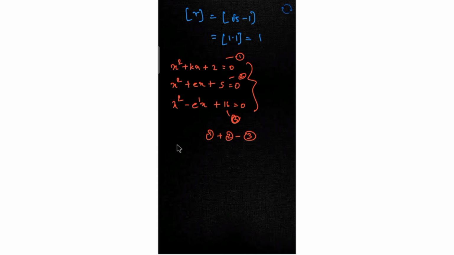So what do I get is x square plus x square minus x square, I get only x square, and x I can take common, I get k plus e dash. Okay, k plus e dash. And here I get plus 2 plus 5 plus 7 and minus 16, so I get minus 9 equal to 0. And k plus e dash is nothing but 0 because it is given in the question. So that's the reason I've done adding them and subtracting them, so that I can add my x coefficients and get it to be 0. So x square minus 9 is 0 and x square is equal to 9, and x is equal to, you can get the values to be plus or minus 3.